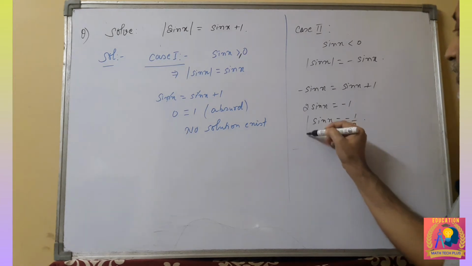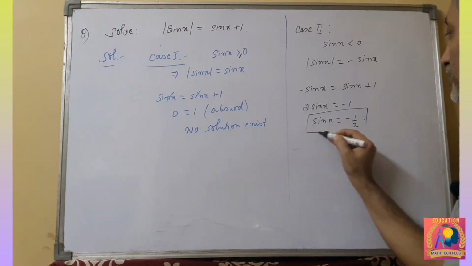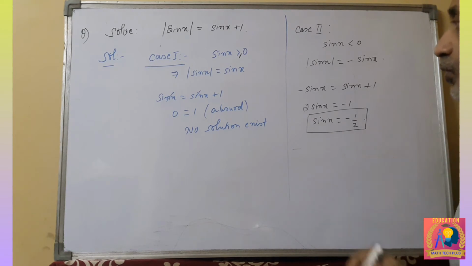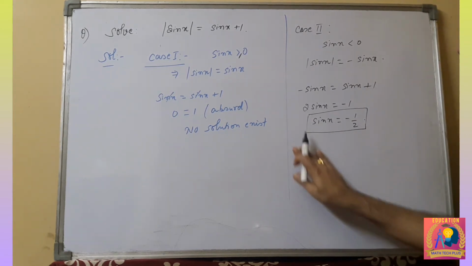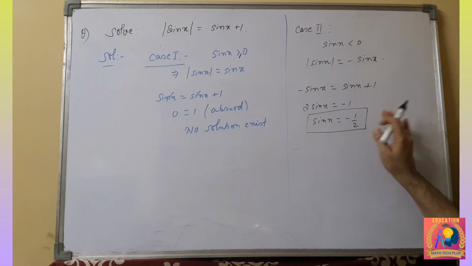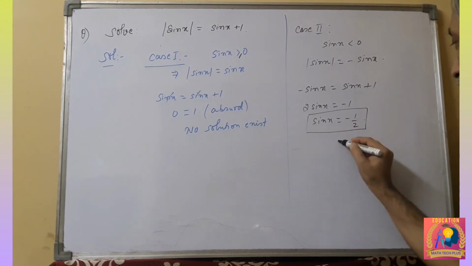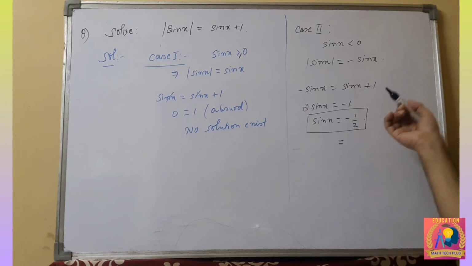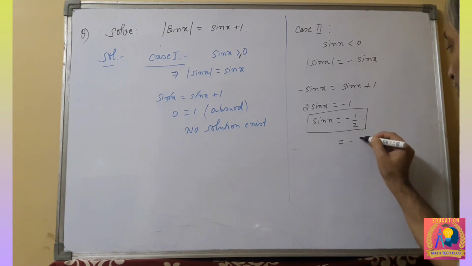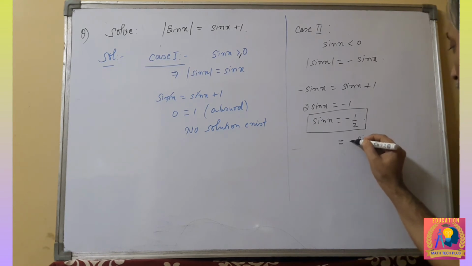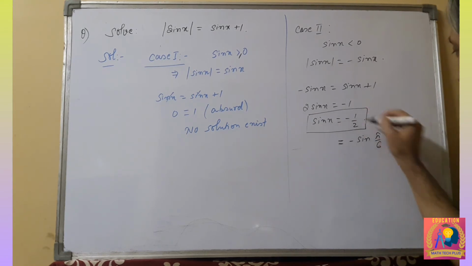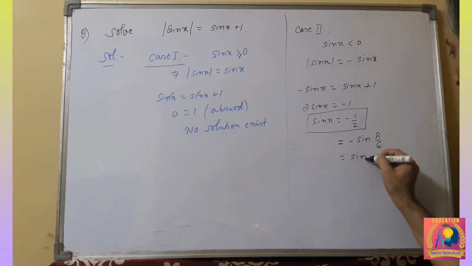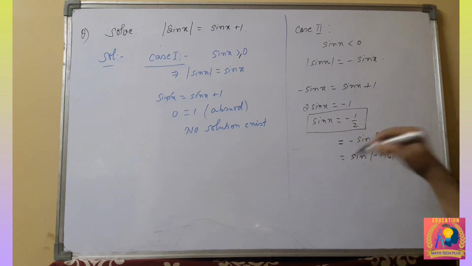Now it is in the form of a trigonometric equation. So just by applying trigonometric rules, we are going to solve this. The minimum value at which sin theta is minus half is theta; we can write it like this: minus sin theta equals sine of minus theta. Now sin x equals sine of minus theta.